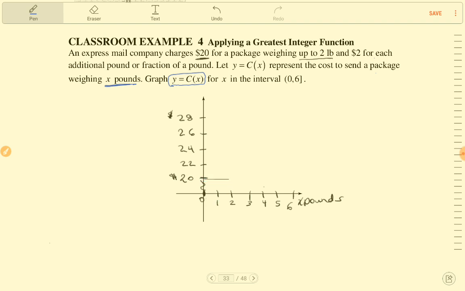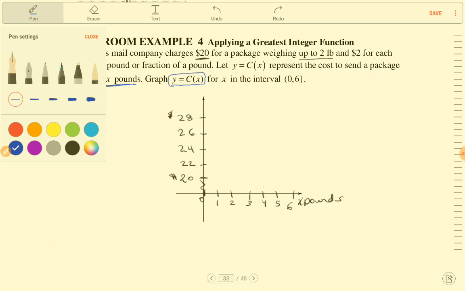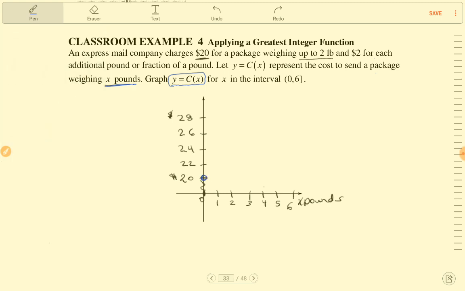So starting at 0 pounds, anything just even slightly above 0 pounds, and going all the way up to 2 pounds. But again, we're not including 0. So what we want is an open circle right there on the 20 at x equals 0 pounds. And we're going to go all the way up to 2 pounds. And for that whole time, all the way up to a package that weighs exactly 2 pounds, we'll be paying a flat fee of $20. Once we have a package that weighs anything more than 2 pounds, though, we are going to be starting over again,